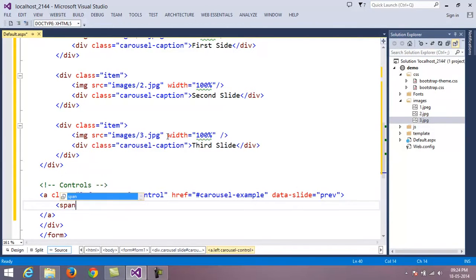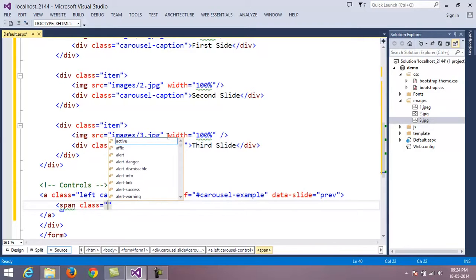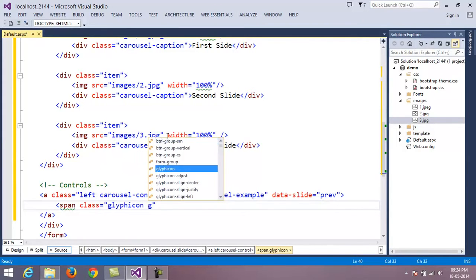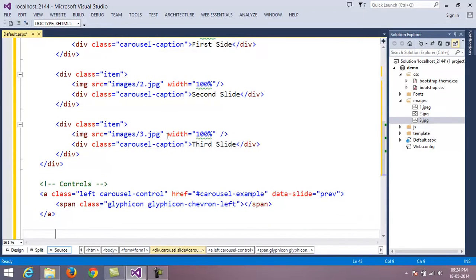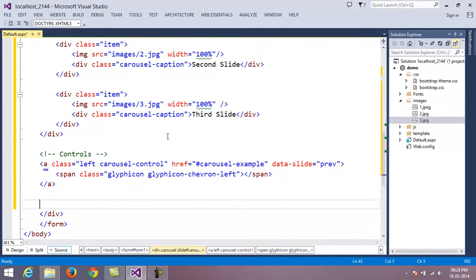And in this I would like to provide a glyphicon, so I say span class glyphicon, and I just simply use the glyphicon chevron-left. So this is one control which I have to provide, the previous option.